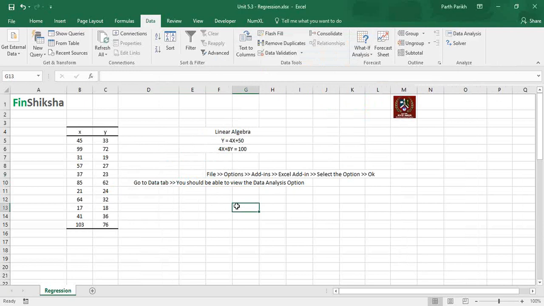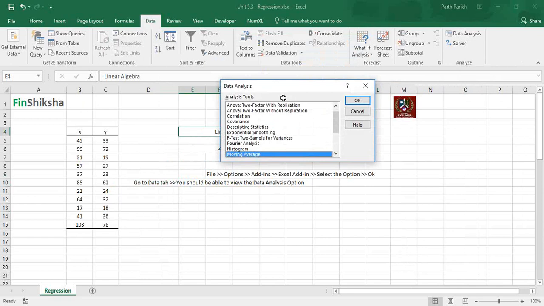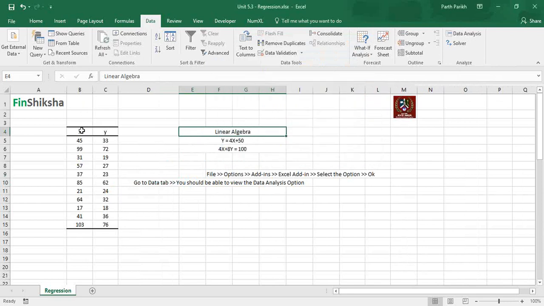I'm sure that you have understood the concept of linear algebra and you have got this data analysis tool pack. Now there is data which has been given to us, which is x and y. What do we understand with this x and y? We have an equation y equal to 4x plus c. Over here, the left hand side, which is y, is called the dependent variable. Like you have studied in statistics, it's called the dependent variable.